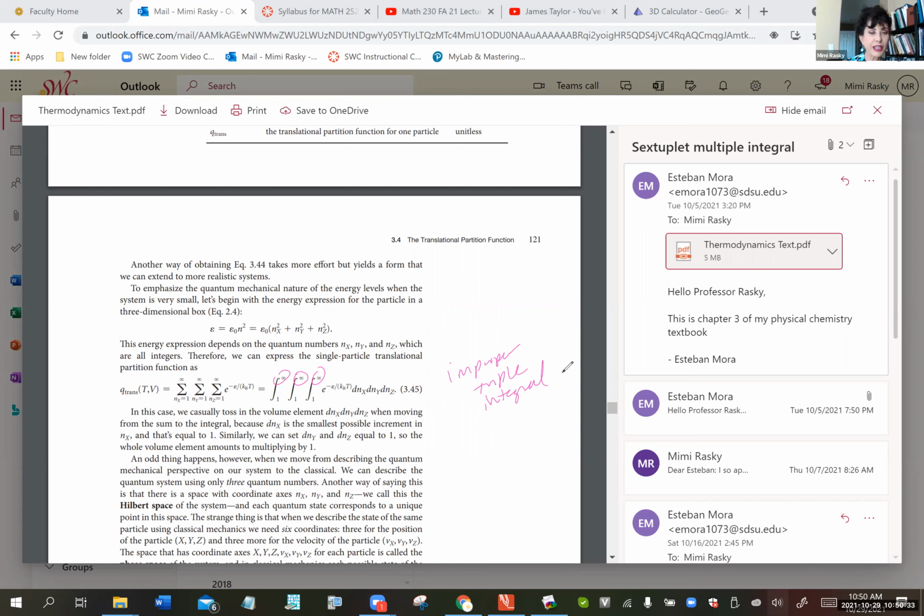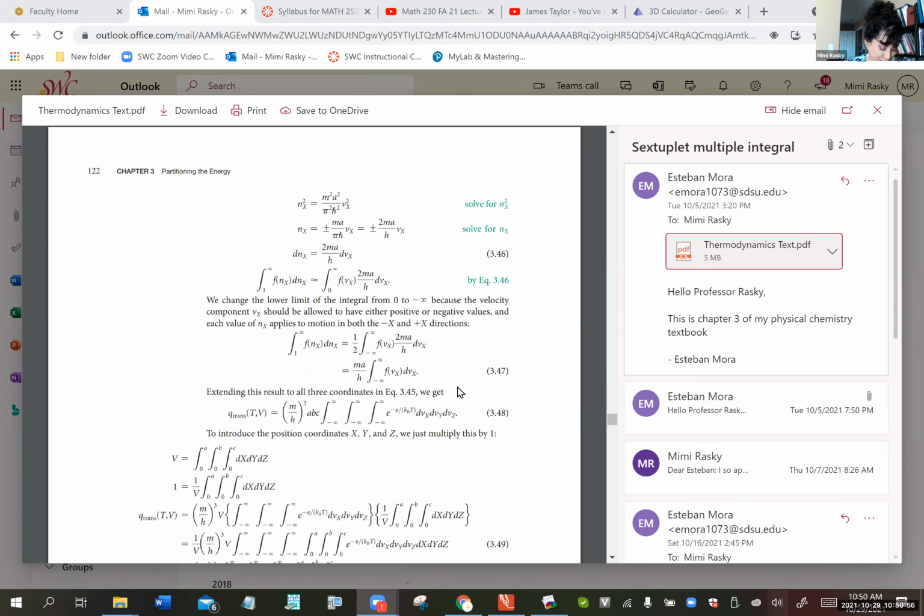So for those of you who think, well, I'm never going to see these triple integrals again after I get done with this class, well, if you're a mechanical engineering major and you take thermodynamics, you will run into it again, and you'll be so glad that you know what you're doing, right? And I don't want to scare anybody, but if you keep looking through this book,